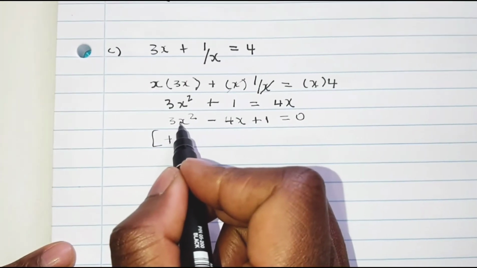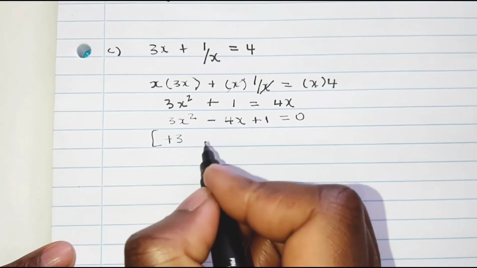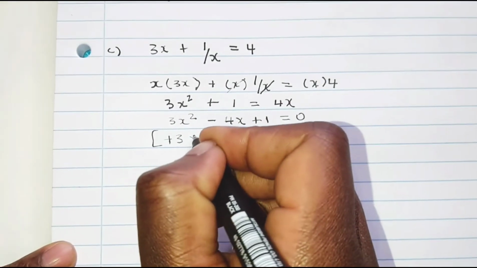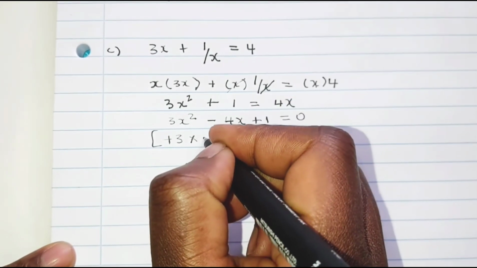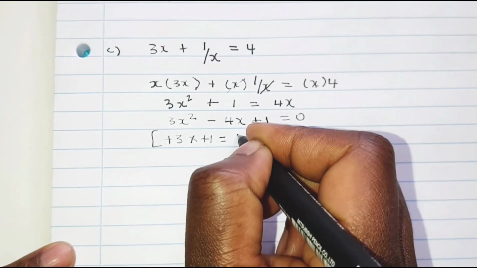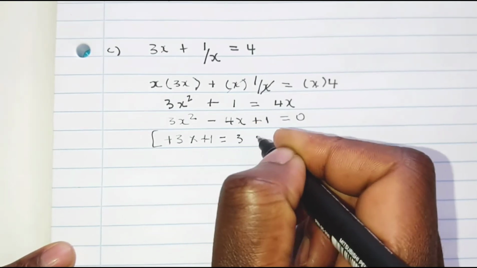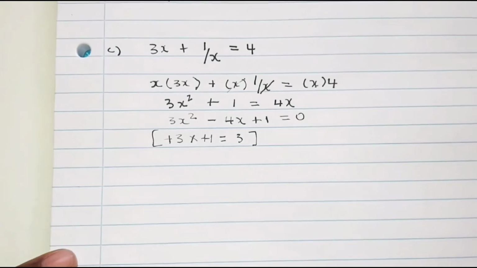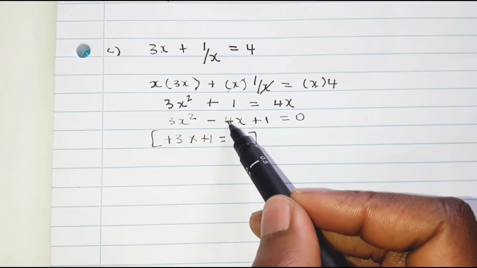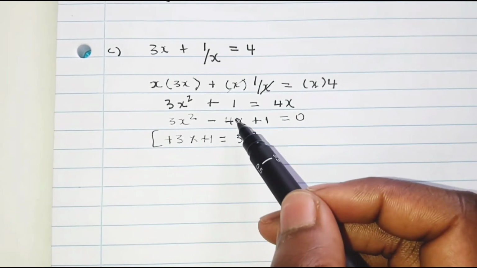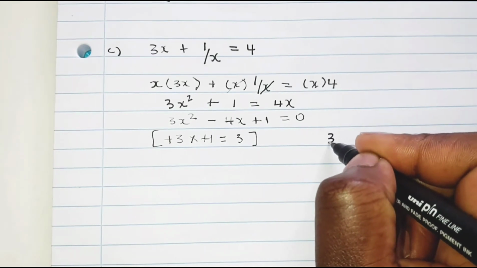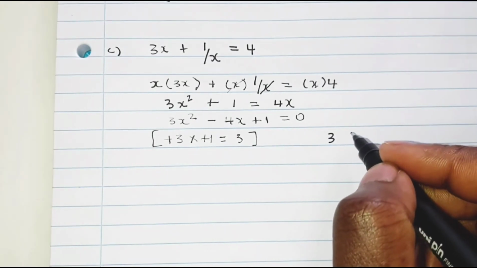It's going to be this positive 1 multiplied by positive 1, which gives us 3. So now that we know that our middle value is 4, and we have 3 here,